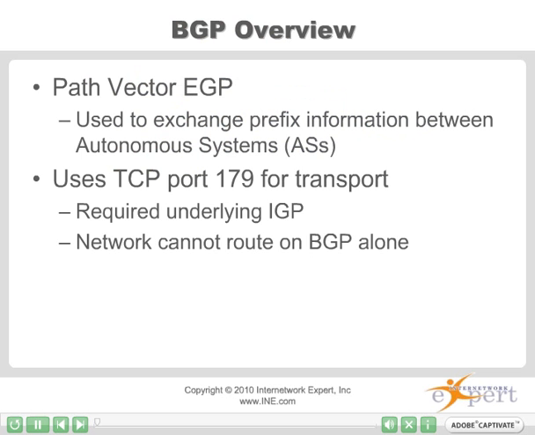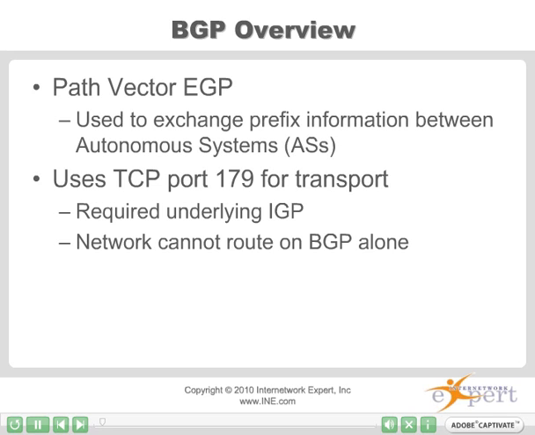Border Gateway Protocol doesn't neatly fit into any category of routing protocol we've discussed thus far in the course. In fact, most engineers like to give it its own category called a path vector exterior gateway protocol. It's kind of like distance vector in its operation, but it has a lot of different parameters that are designed to allow administrative tuning. As we're going to see, this EGP's job is to exchange prefix information between autonomous systems, and it uses an AS to AS paradigm